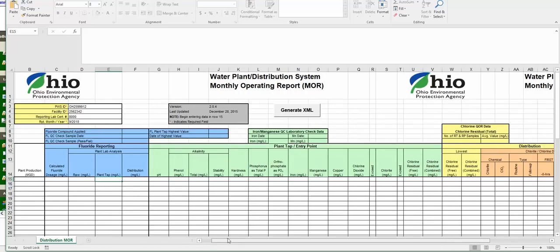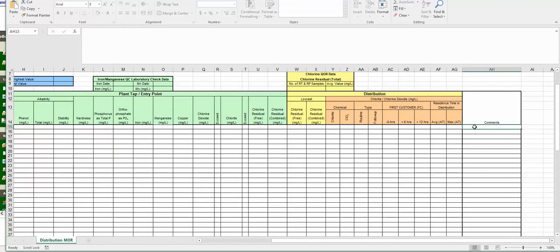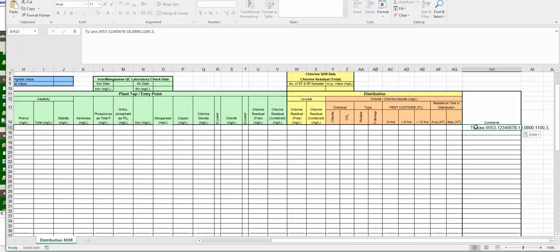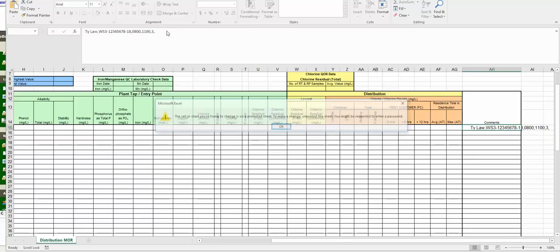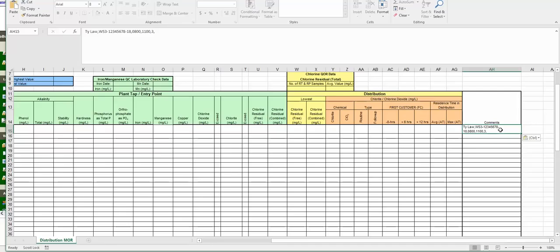Now on this spreadsheet, you'll go all the way over to the far right over here is the comments, and I will enter the first person here. And now I will go in and enter the second person.